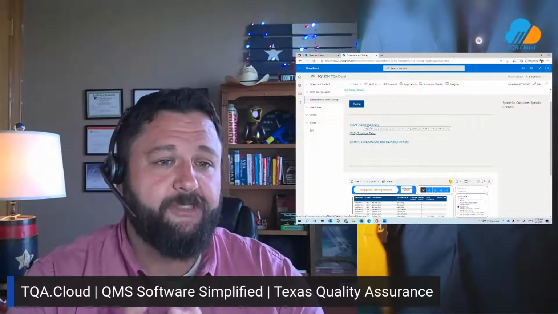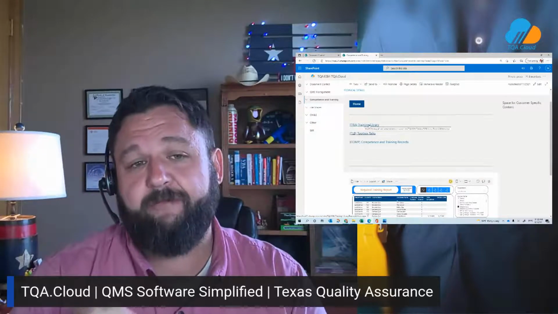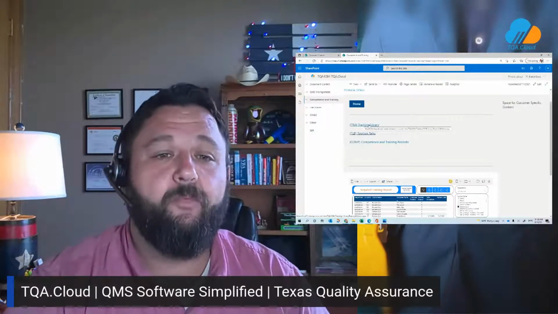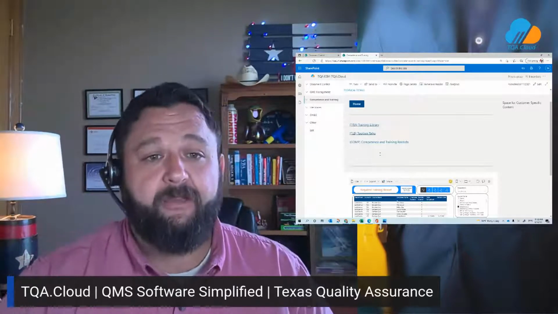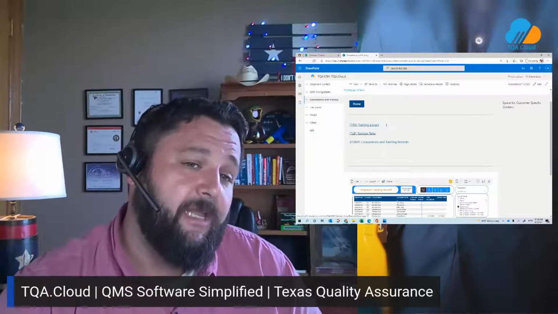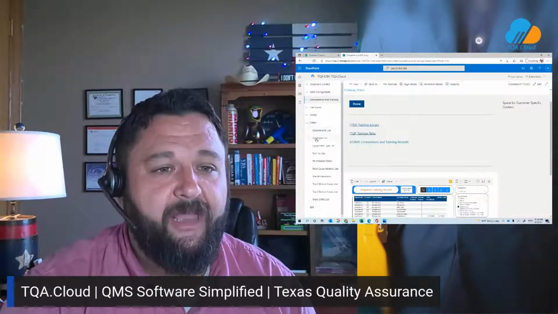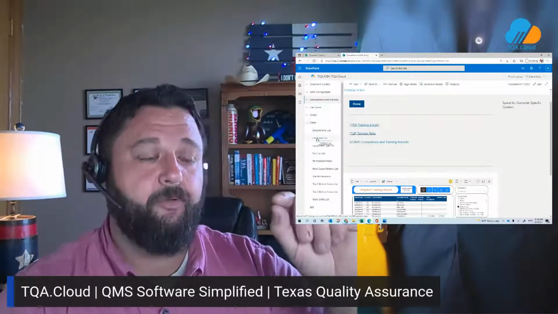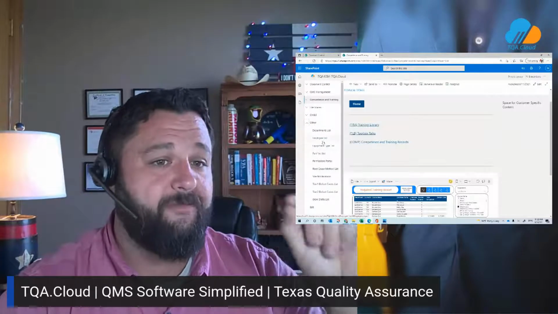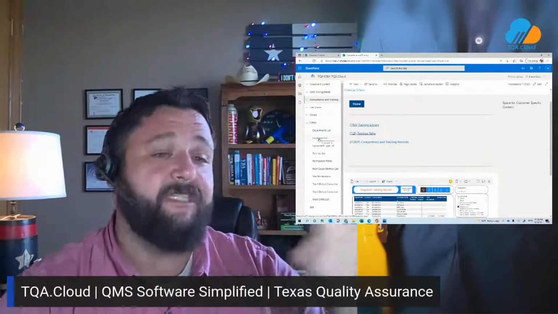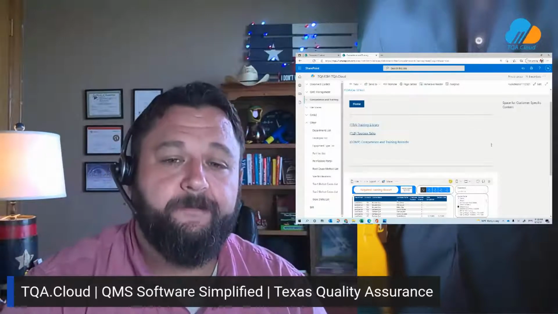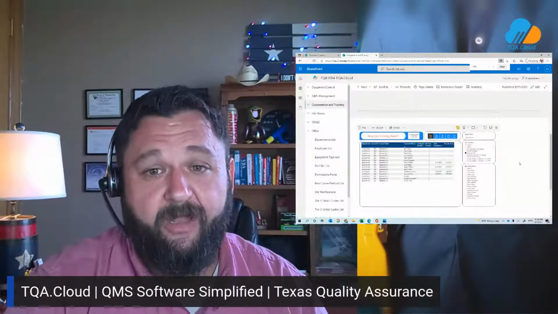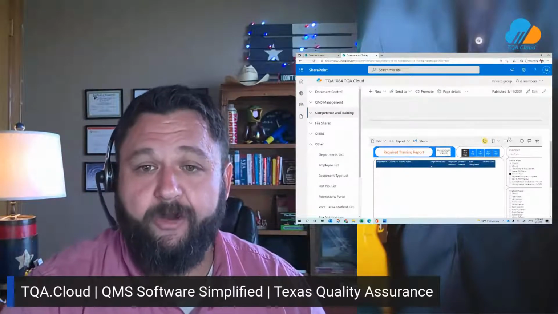Our training library is where we define all of the training requirements. Then we have our competence records, where we identify who has been trained according to the training in the library. And lastly, we have our employee list. And every employee in our list is assigned one of these departments, work areas that we've seen show up throughout the site. So once all of these things are entered, we can have a lot of fun with our required training report here.